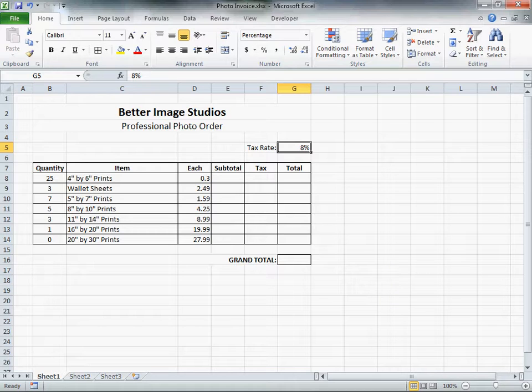Okay, so the next thing we're going to do is calculate what's called the extended cost, or what this particular spreadsheet calls the subtotal. That, of course, is just the number of prints that we've ordered times the price of each one of those prints. So equals 25 times the price each here, and hit enter, and you should get 750 for